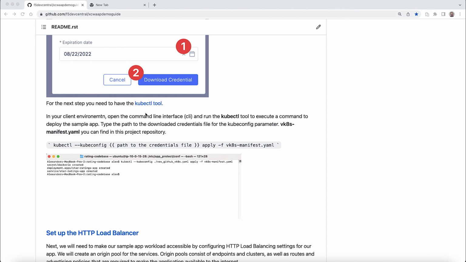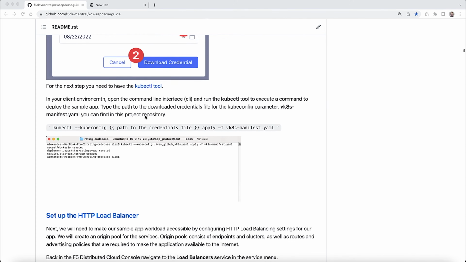So within this format, as you can see, all you need is the kubectl tool, which is a standard. You can also see there's a link here to the tool itself. You will need that to run and apply the manifest to the credentials that you download from the virtual Kubernetes. As you can see, the screenshots for all of that. Once you have applied the manifest, that would go out and grab the Docker container for the application. For the services that need to be deployed, we'll deploy it in your Kubernetes for you, and then you'll have a